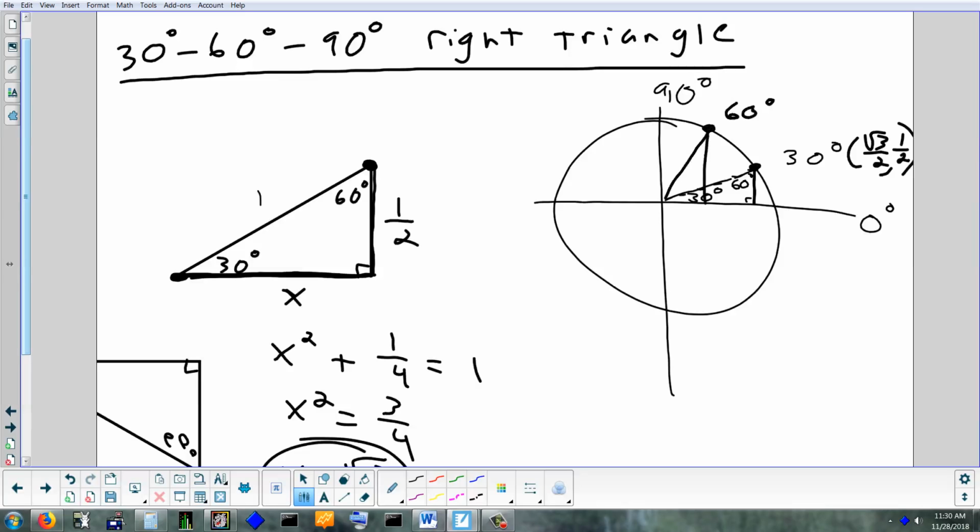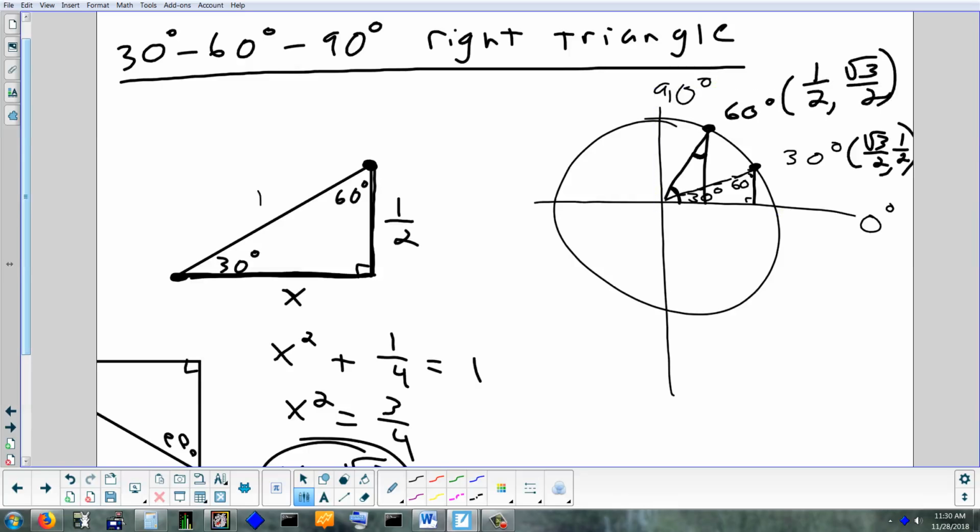What's the difference between the triangle I just drew and the first triangle? Comparing the 2 triangles that are in quadrant 1. Yeah, it's just been flipped and then kind of rotated, but these are congruent triangles. They are exactly the same triangle. The only thing that happened is now the 30 is at the top, right in here, and the 60 is at the bottom. So what do you think the coordinates are going to be for 60 degrees? Yep, it's 1/2,